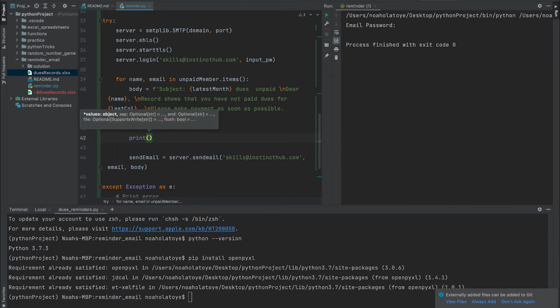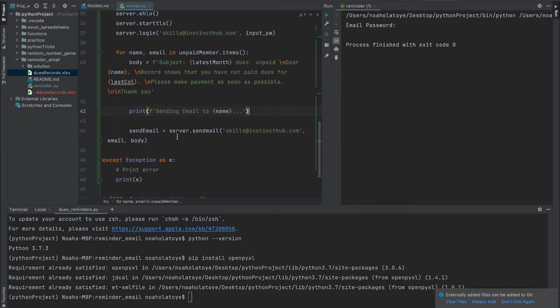Then we are just going to say that we are sending email. We're sending email to, I think we should use the F string so that we can actually put in a variable. Then we need the name. Then we can just add the 3 periods just to show that something is happening. So each time I send this, I will always see who the current user is that our email is sending to at the particular time. So instead of just waiting and not seeing what's going on, I will see that